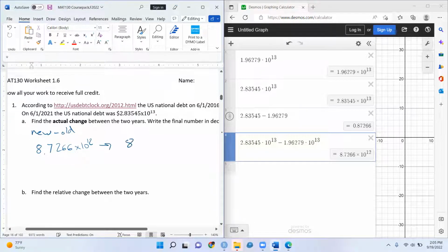I should have made you write the words for it, but whatever. So 1, 2, 3, 4, 5, 6, 7, 8, 9, 10, 11, 12. 1, 2, 3, 1, 2, 3, 1, 2, 3, 1, 2, 3. What is that? $8 trillion increase in debt from 2016 to 2021. June 1st to June 1st. So that's the actual amount of increase,